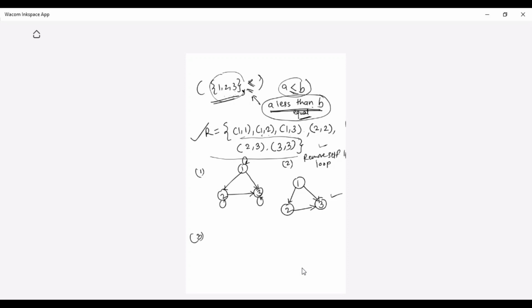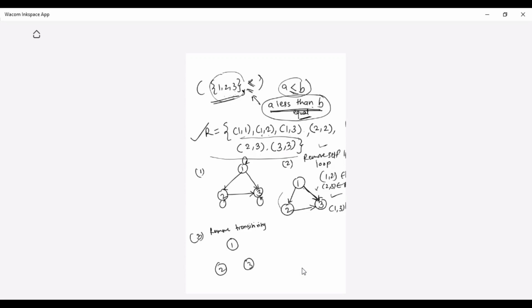What is the third step I have told you, student? Remove the transitive relation. Remove transitivity. Now see this: 1 to 2 and 2 to 3 give 1 to 3. 1 to 2 belongs to R, 2 to 3 belongs to R, so 1 to 3 belongs to R. So this transitivity I'm getting, and I need to remove this. So what diagram will I get? 1, 2, and 3. Only one transitive relation here we are getting.